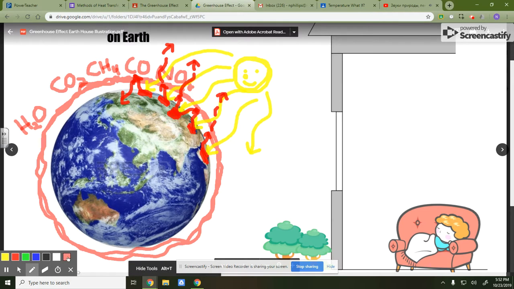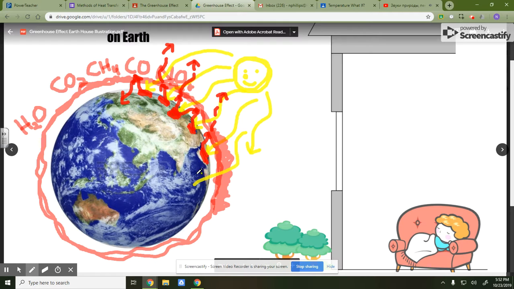Okay, and so if we have a thickening of the greenhouse gas layer because we're emitting more and more greenhouse gases from freight, shipping, manufacturing, transportation, then we get a thicker blanket of greenhouse gases. Visible light is still able to pass through it, fortunately. The Earth heats up and gives off infrared, but because the layer is so thick, it can't get out, so it reflects back, and we get more and more reflection. It's like using a thicker blanket or thicker jacket: more reflection of the infrared, and